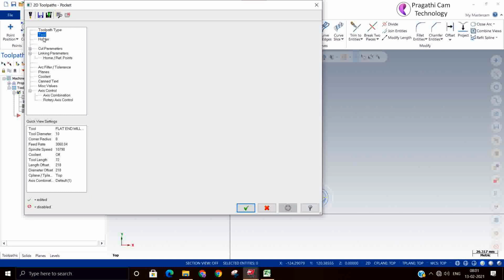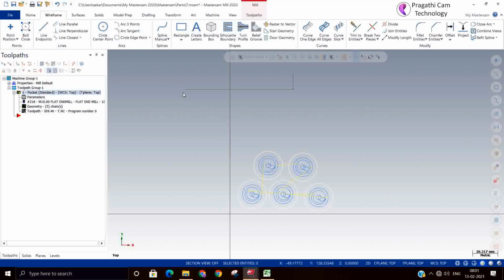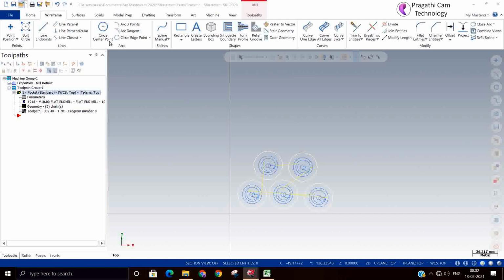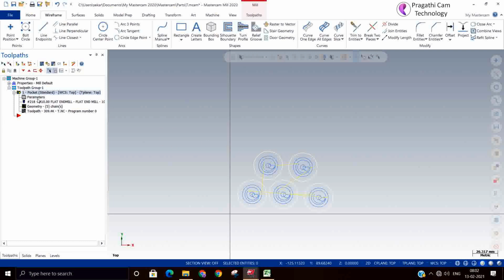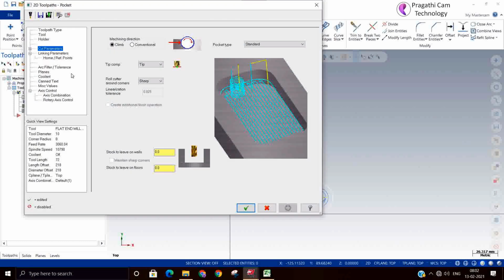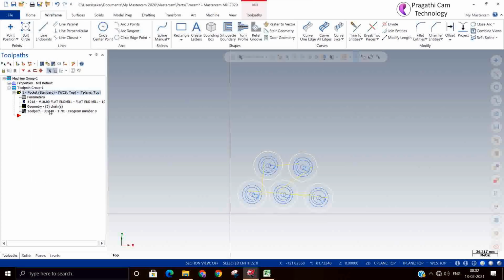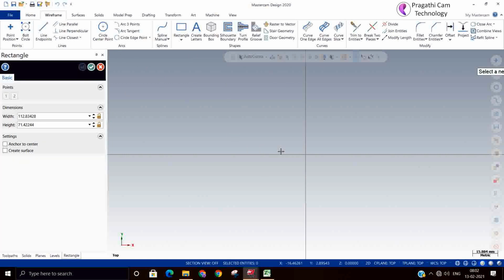So we are seeing only general parameters. There is no issue whether you do it in a pocket or a contour; it is always the same. The pocket-related things we will see separately. Now we are concentrating only on the common parameters.